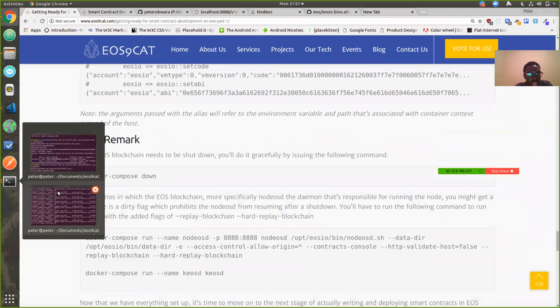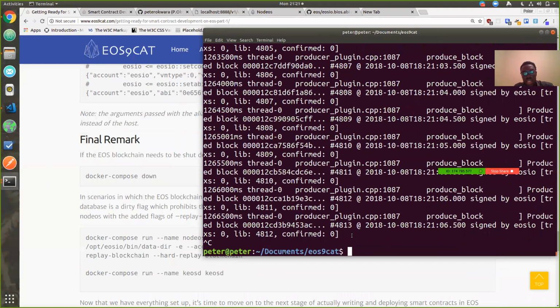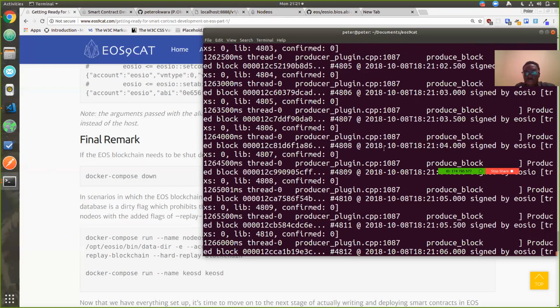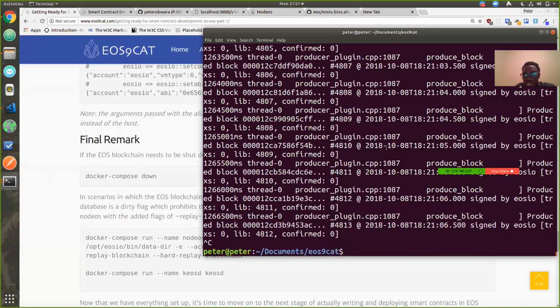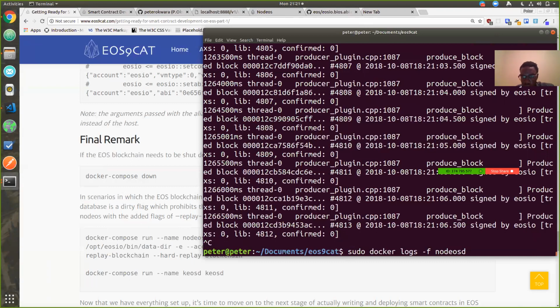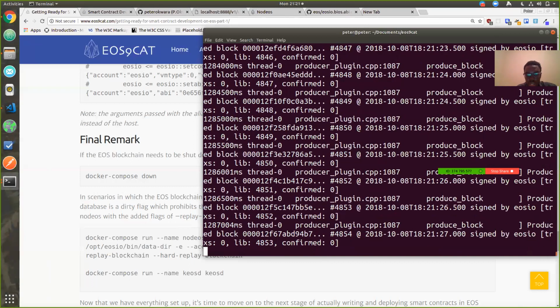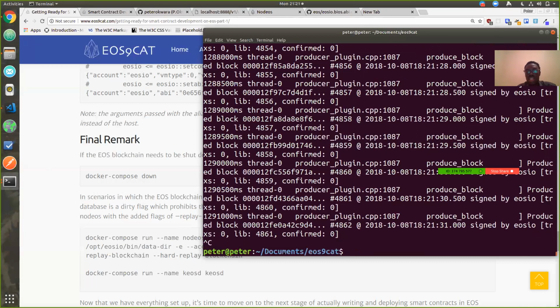Okay, you can just run that. When you do Control C, that was for the streaming logs, so it doesn't do anything. Docker is still running. If I want to stop Docker, when I do Control C, it's still running in the background. So if I want to stop it, I'll say